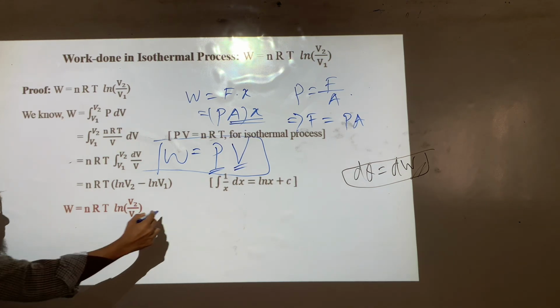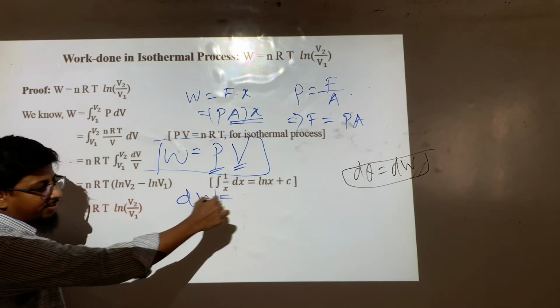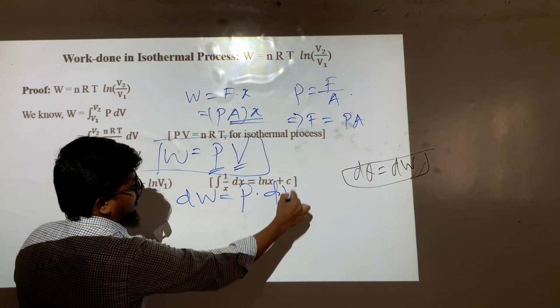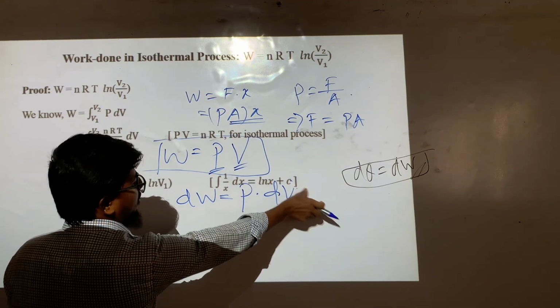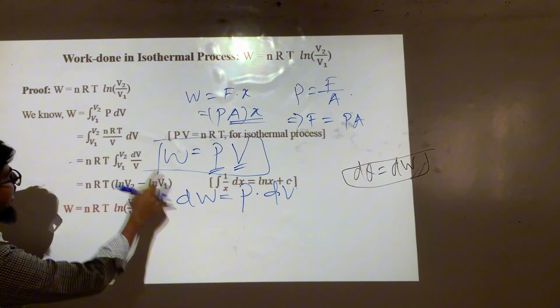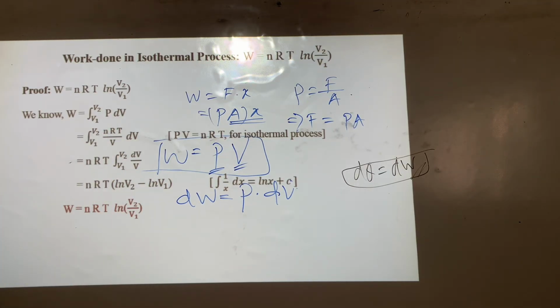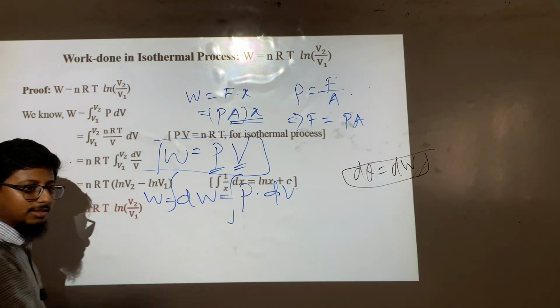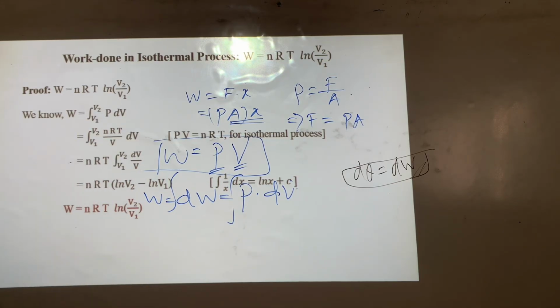And with differential element of work done, when pressure is constant, you have P times differential element of volume, and that's where you get this equation from. Now to find out the total work done, you integrate on both sides, so then you get this equation